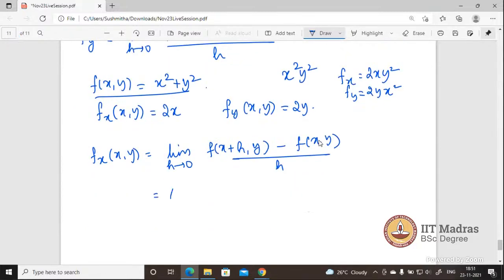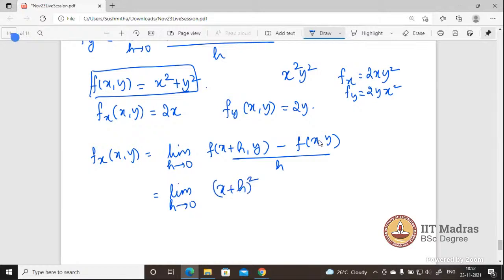What is f of x plus h comma y? It is x plus h whole squared